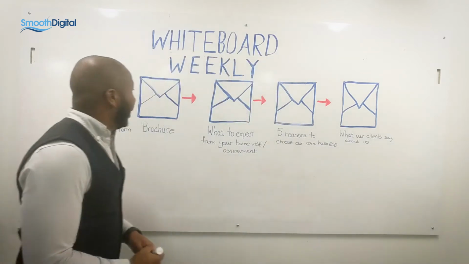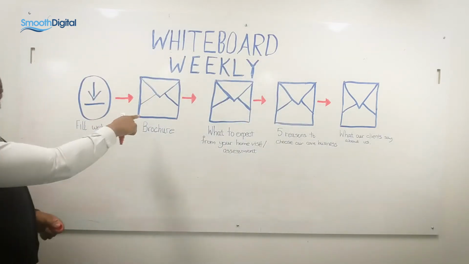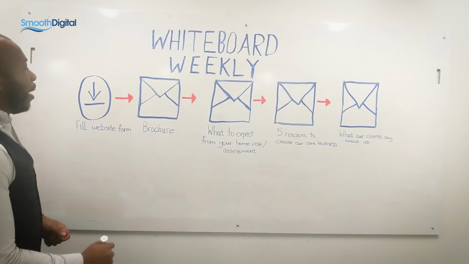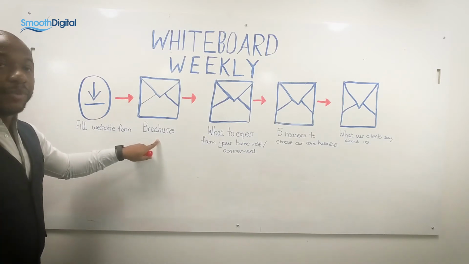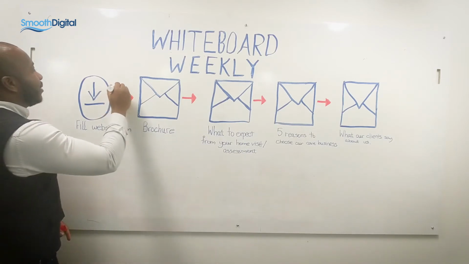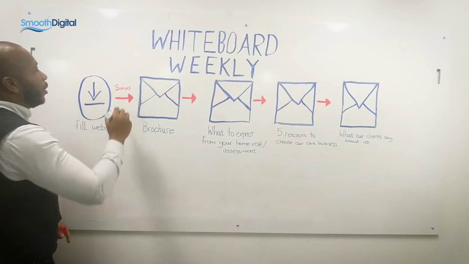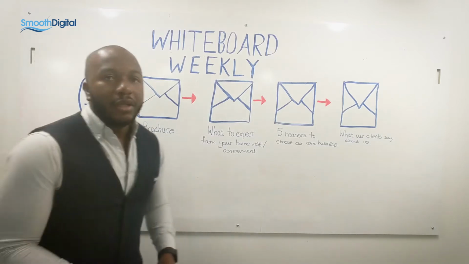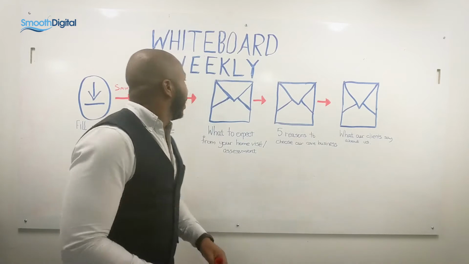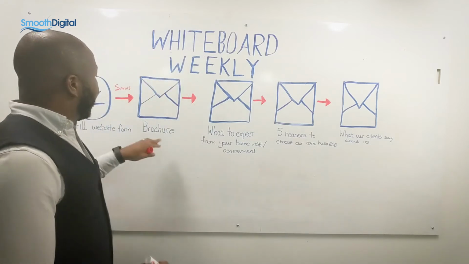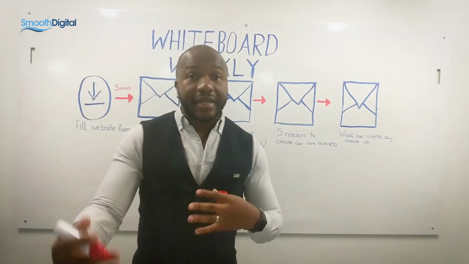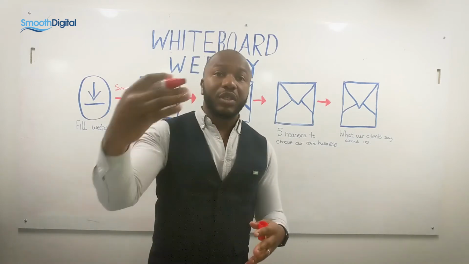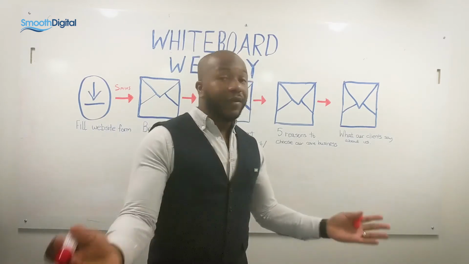Now immediately they're going to get an email into their inbox with the brochure. So that's step one. And let's just say 5 minutes after, just to take into consideration inbox delivery time. So that's part one. Now secondly, what you can do is put some automation in there so that 24 hours